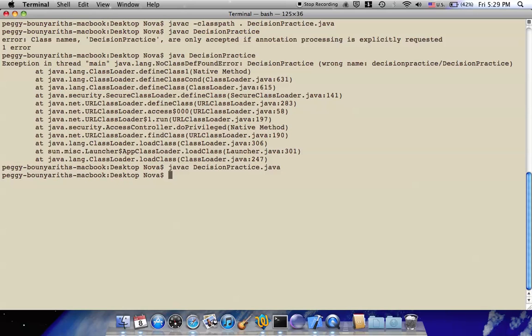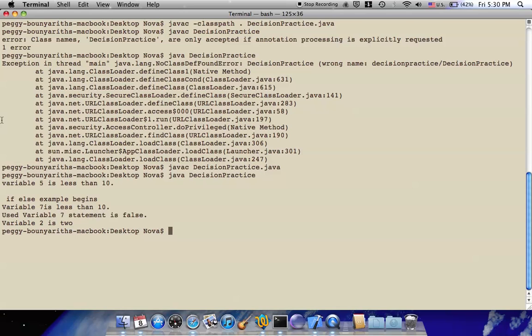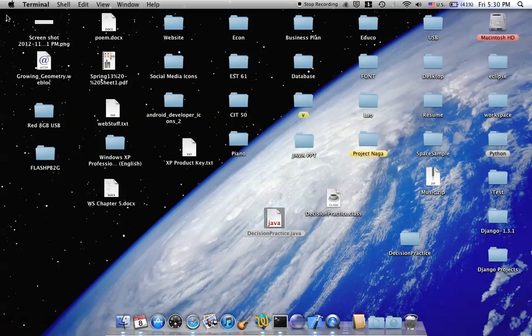So now I'm going to use the other command, java DecisionPractice, and hit enter. And it ran what it was supposed to. It displayed the contents of my file. And so that's how you run on the command line your Java files that have been extracted from your projects. I hope that answered any questions that you have. And if you're still having problems and other errors, please go to the forums and post it in the discussion section,